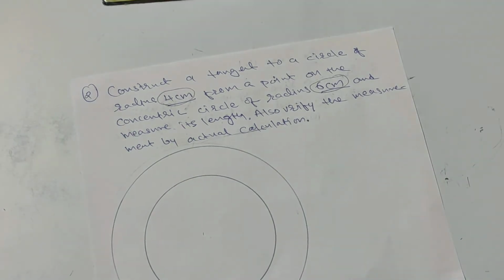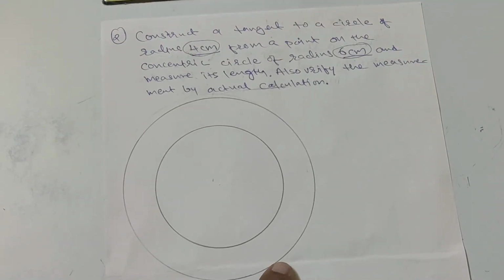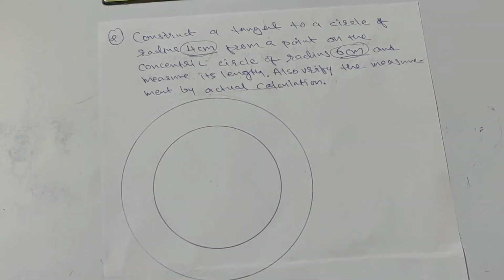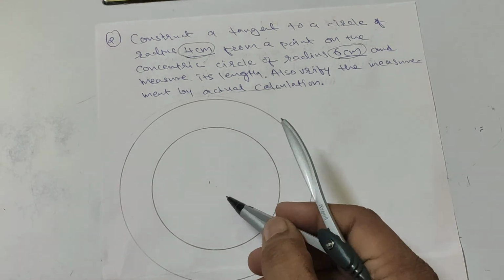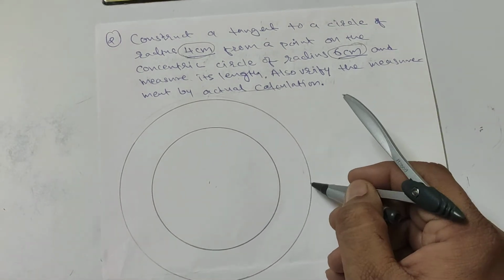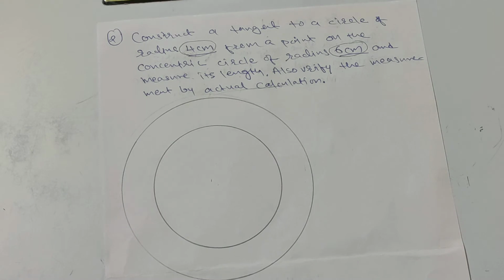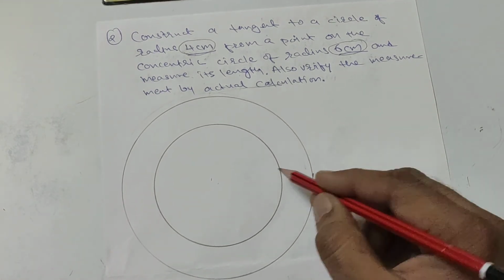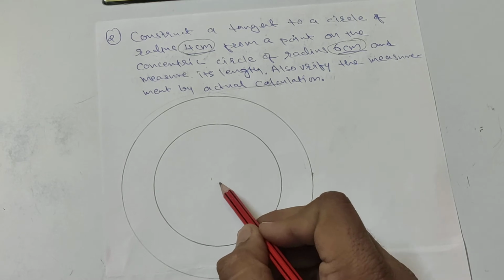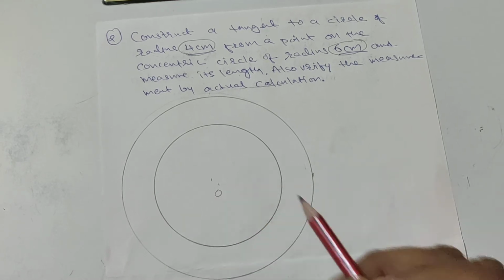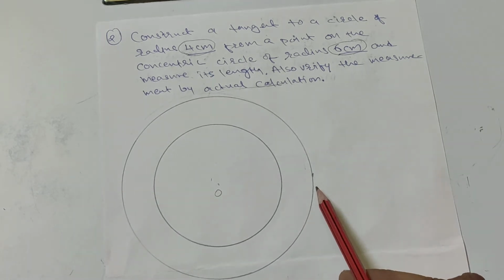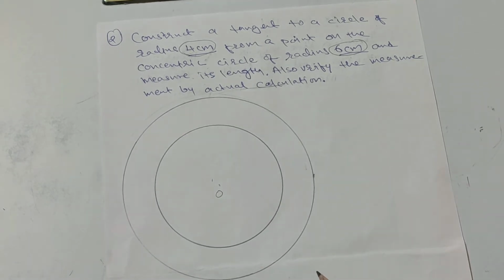This is another circle. This circle has a radius of 6 centimeter. So from any point on this circle, a point which is 6 centimeter away from the center, it is similar to the previous construction. In the previous construction, a point was given which was 10 centimeter away from the center. So let me call this center O. Any point on the circle with radius 6 will be 6 centimeter away from this.